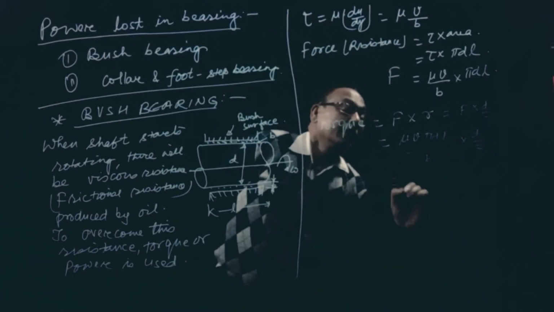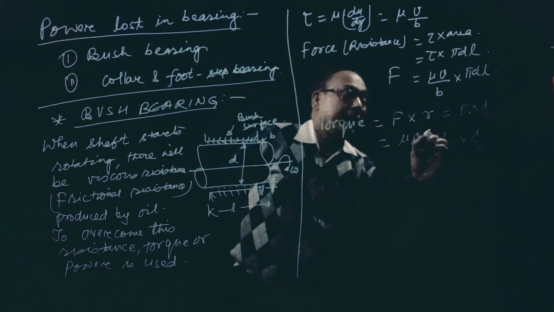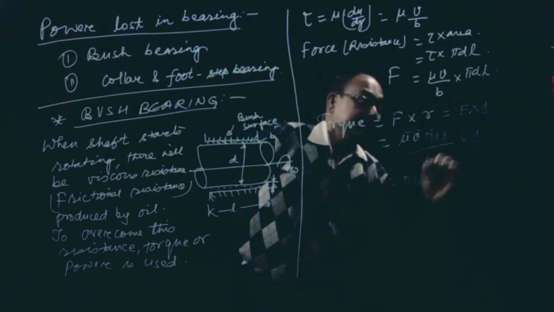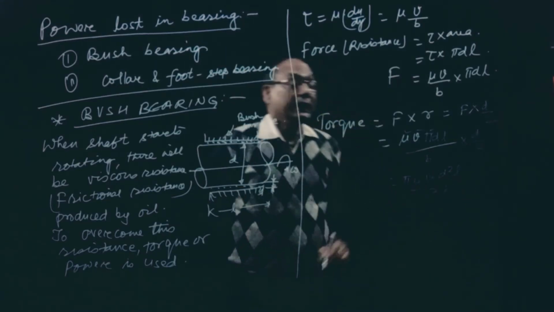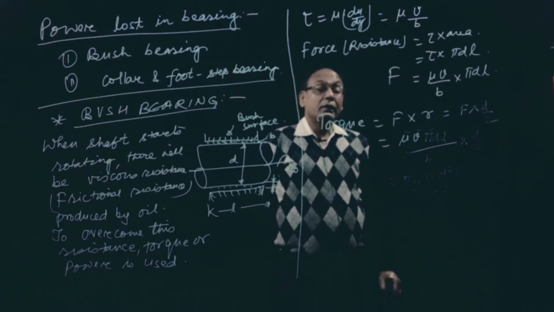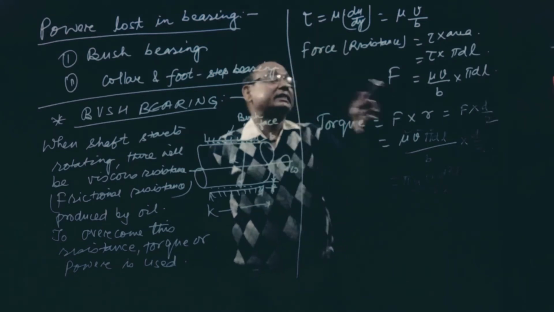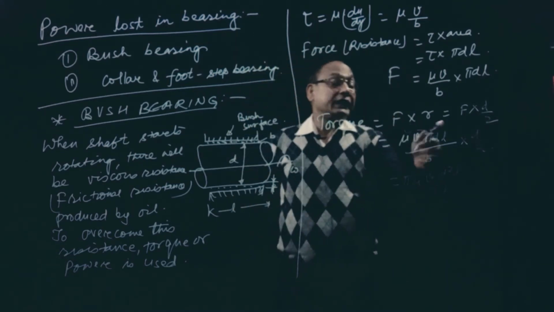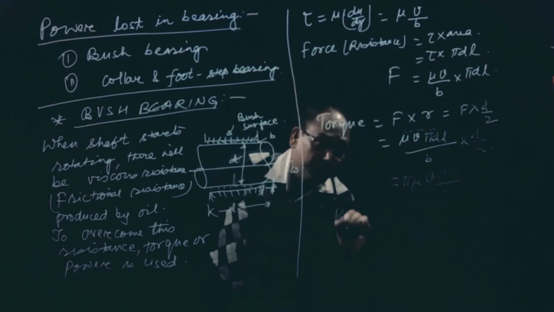So it is mu V pi d square L by 2b. This is the torque. We have already found the shear stress, and force into radius is torque. Now power will be nothing but